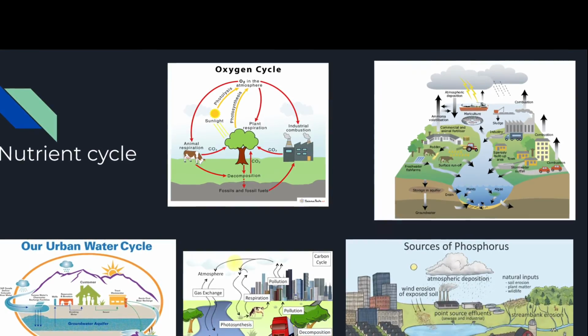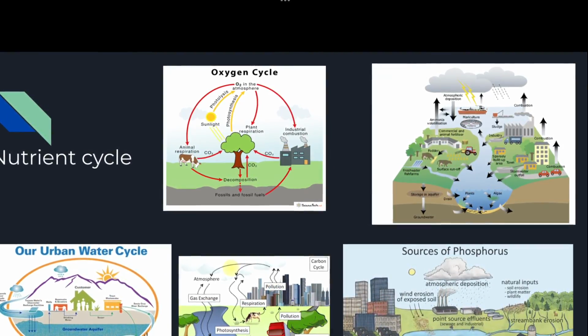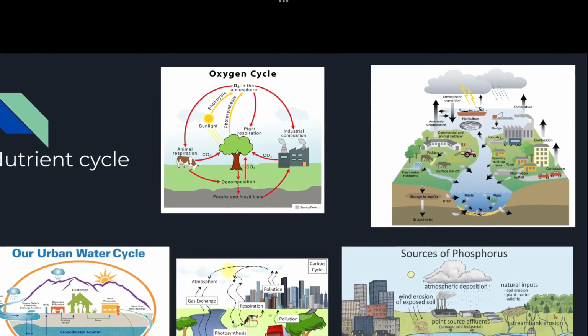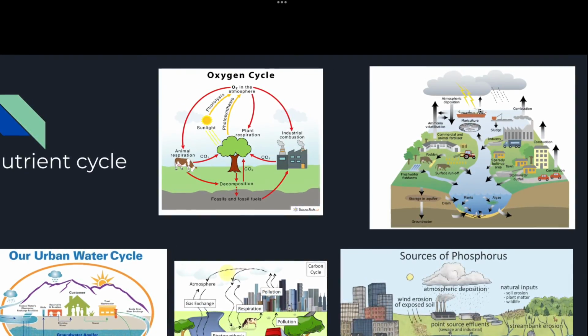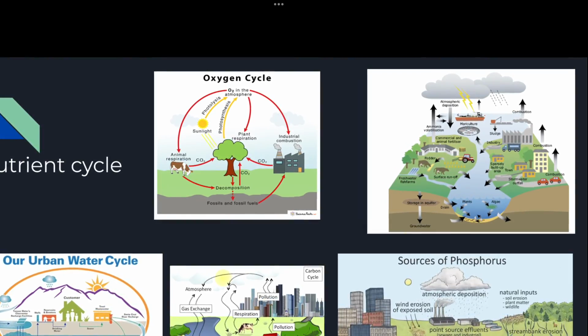A brief summary of the topic of nutrient cycles in cities is that humans produce a large amount of pollution that in turn negatively and positively affects the nutrient cycles in urban ecosystems. To go over the nutrient cycles as a whole is something that can take up its whole video, so please feel free to pause and observe the graphs presented here.